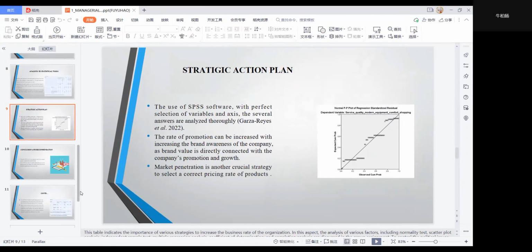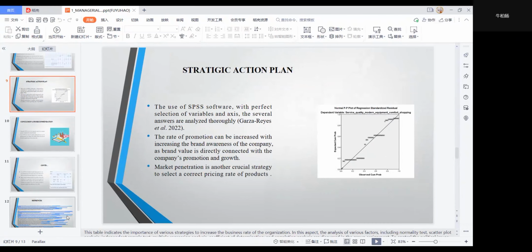This table indicates the importance of various stages to increase the business rate of the organization. In this aspect, the analysis of various functions, including nominated text